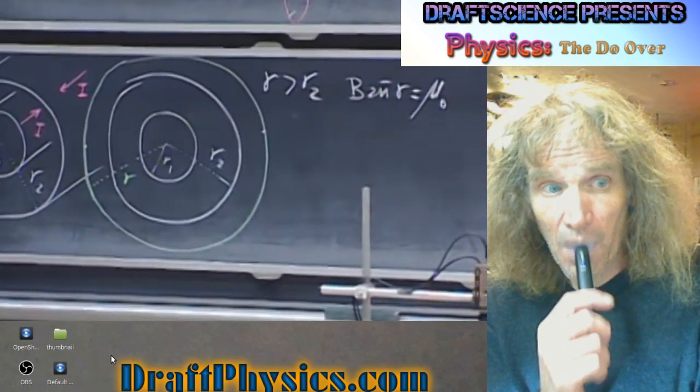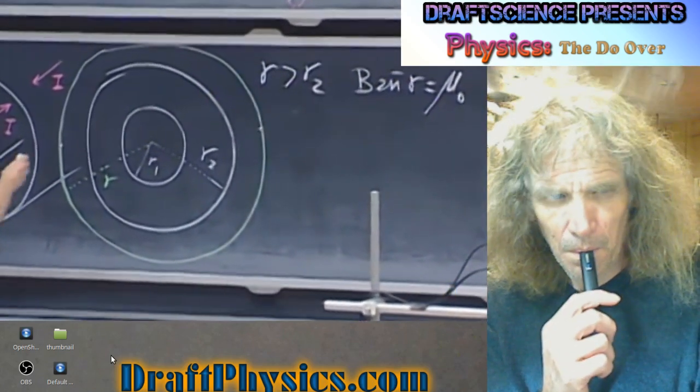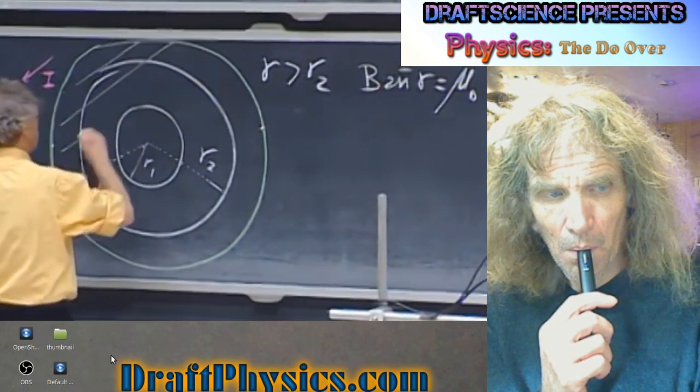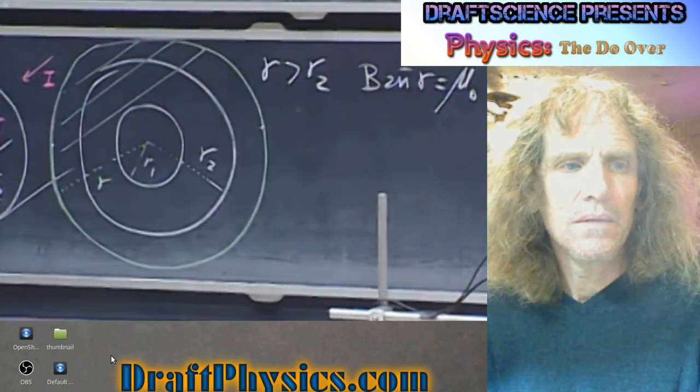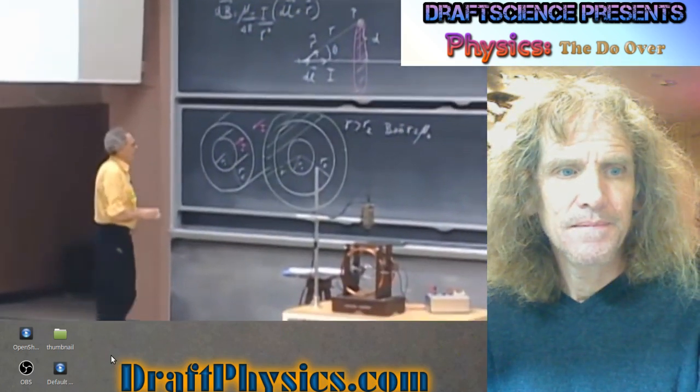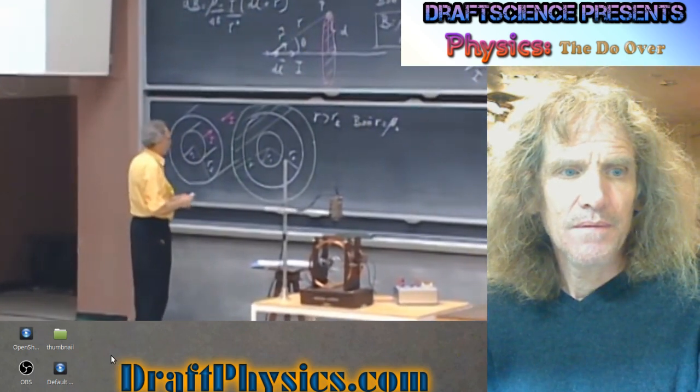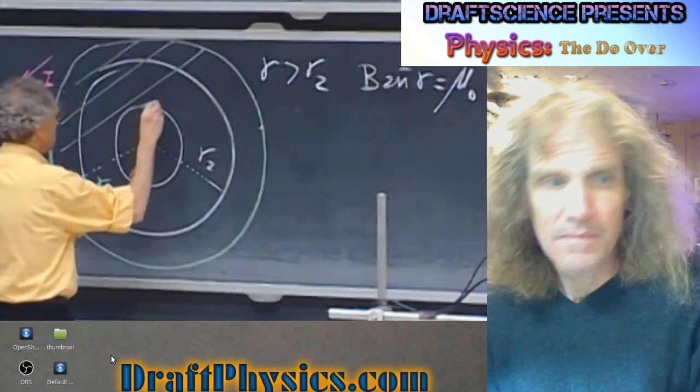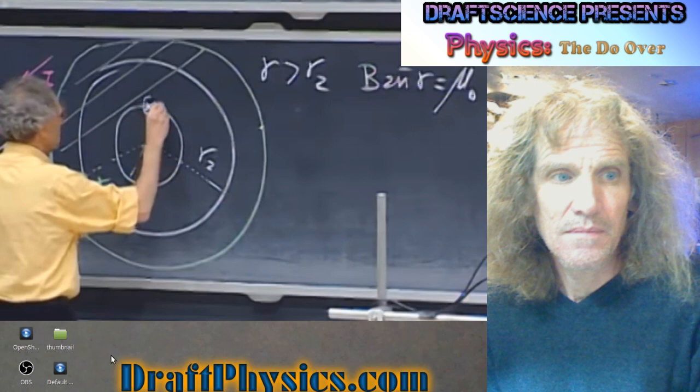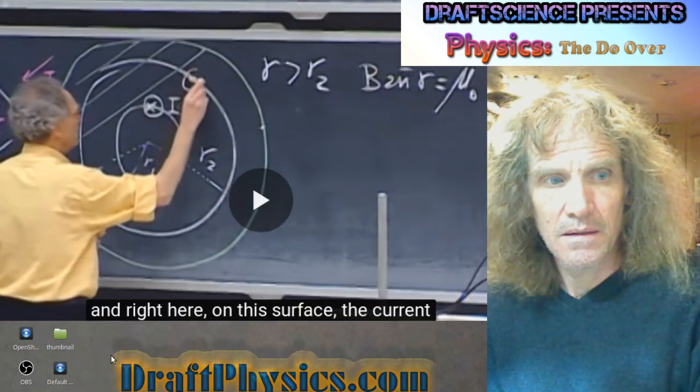And now I have to attach an open surface to this loop. I will use the surface in the blackboard. I could use any surface, but I might as well use a flat surface. And now I have to know what is the current going through that surface. Right here, on this surface, the current is going into the blackboard. And right here, on this